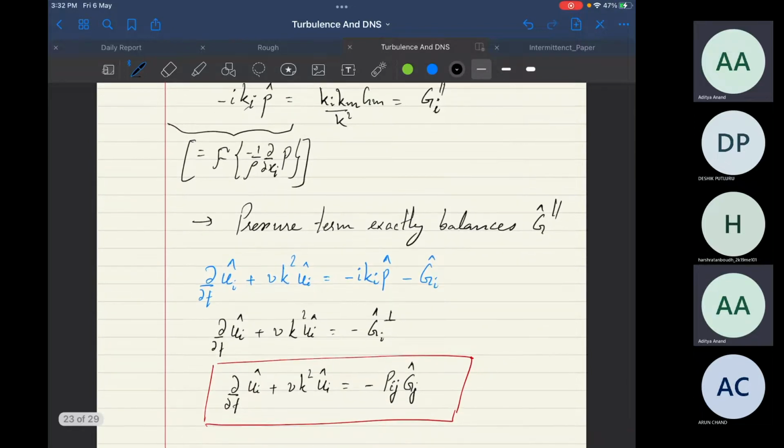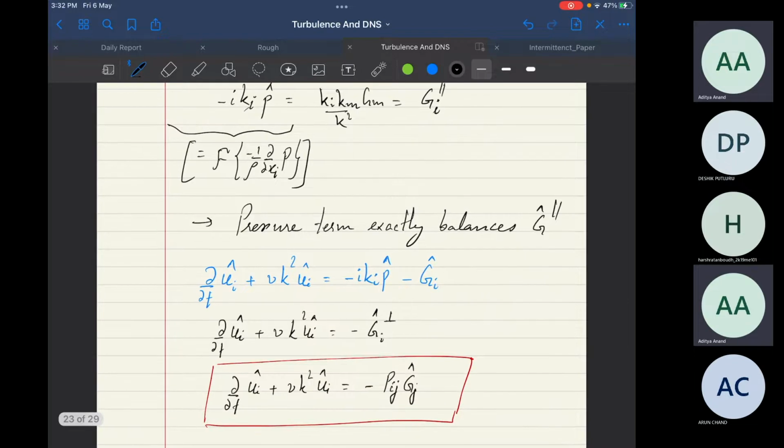Okay. So now we'll come back to the Navier-Stokes equation that we had. So we had the time derivative term, the convective term, pressure term, and G term. Now this pressure term balances the parallel part, so you are only left with the perpendicular part now. And we got an expression for the perpendicular part as,